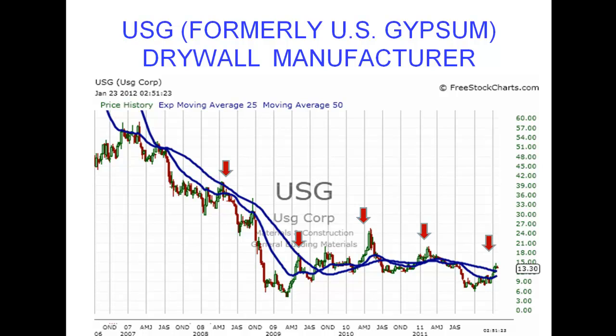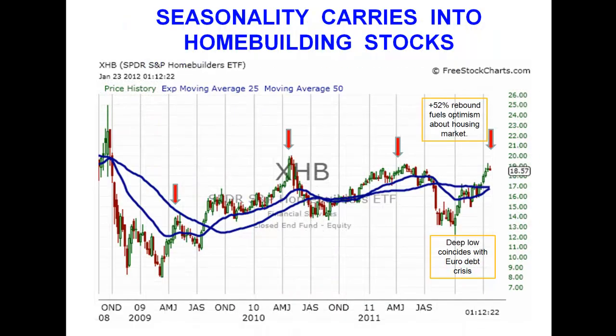Another one, we've got a little longer time horizon on this, just so that you can see that this pattern recurs. The seasonal pattern we've talked about, even during a severe disruption going back to 2007 in this particular chart. U.S. Gypsum, a drywall manufacturer, has seen the seasonal peaks occur late in spring, April, May, June quarter. The rest of the year, this trades off, consolidates. People come into it in the fall, leave it in the spring. Very recurring pattern.